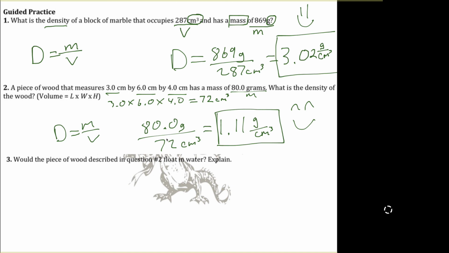All right, so will this piece of wood float? So the wood from number 2, will it float? Well, water has a density of 1. And the way you know that is you look at your notes, and because it has a density of 1, that's the density of water, when we put this wood that has a density of 1.11 in the water, will it float? And the answer is no, it will not float. No, it will actually sink,